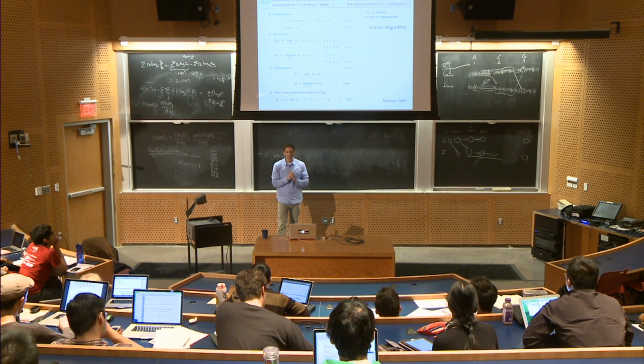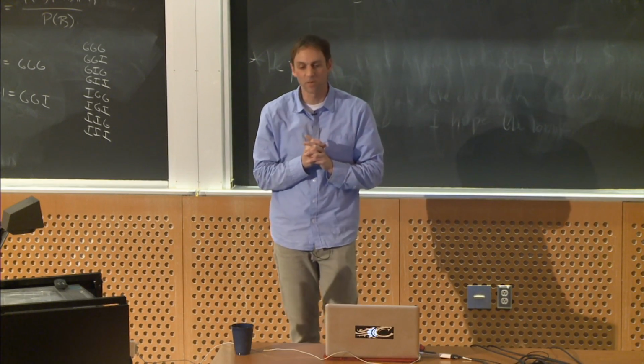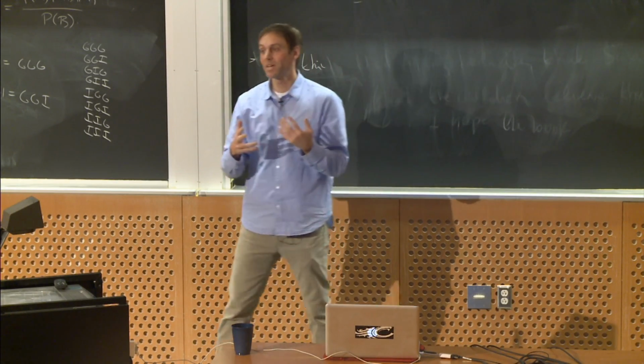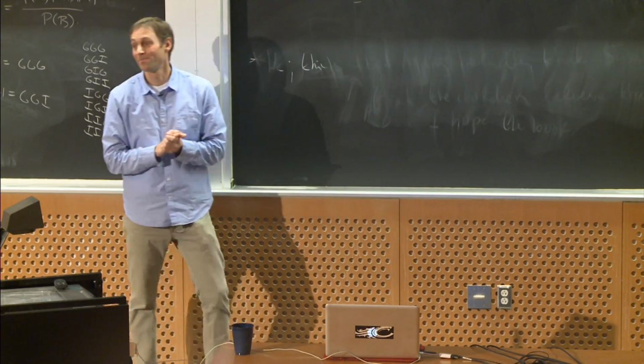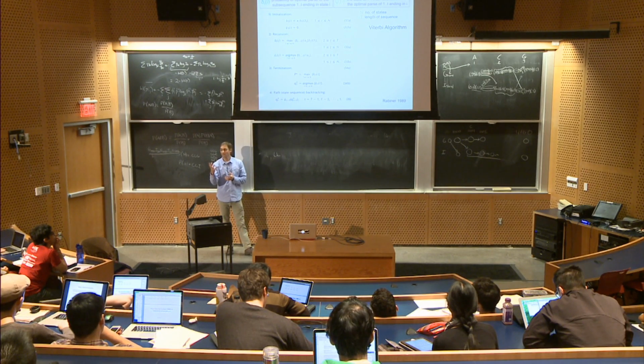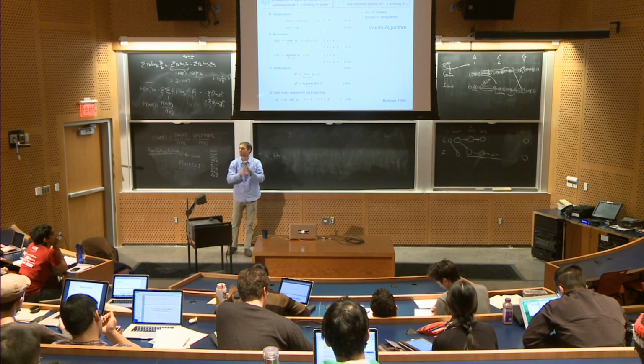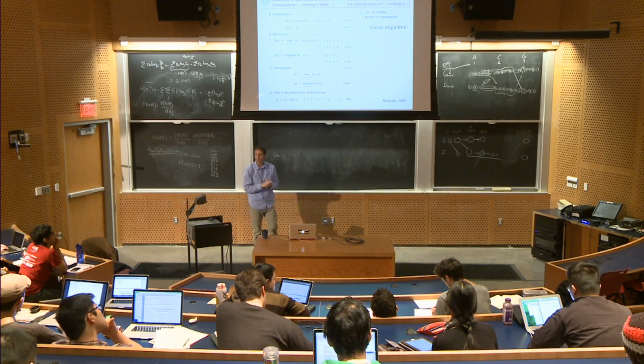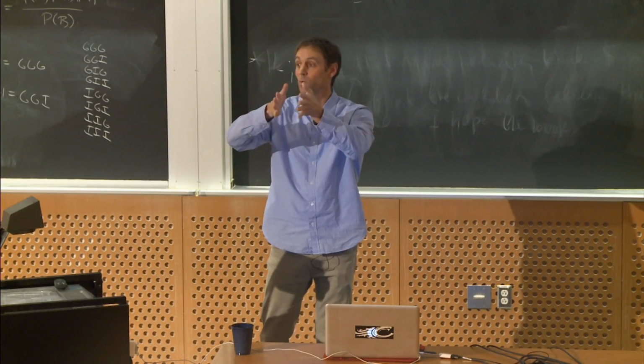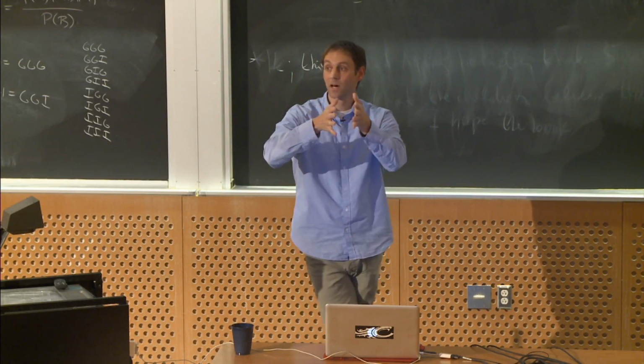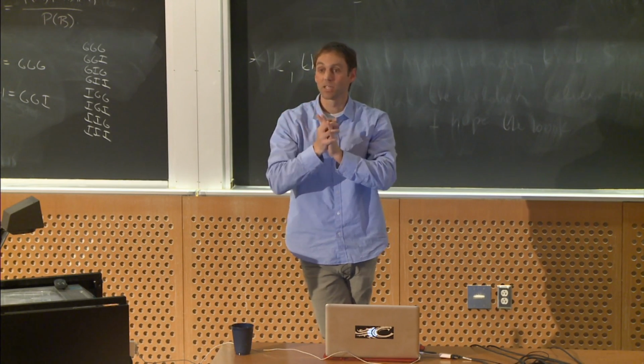Yeah, the notation is a little bit different. But how many? Let me ask you this: how many transitions do you have to consider? If I have an HMM with k hidden states, k squared, right? So you're going to have to do k squared calculations, basically, to go from position I to I plus 1. So what is the overall dependence on k and L, the length of the sequence?